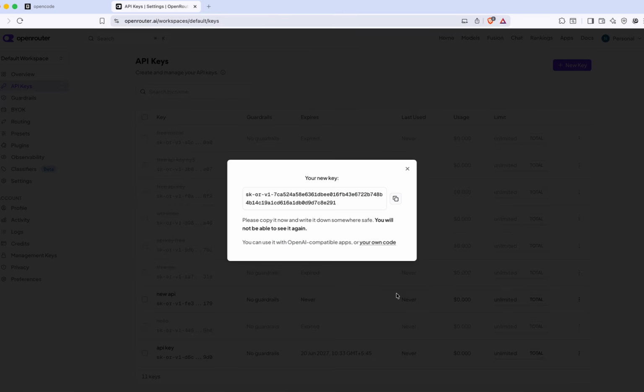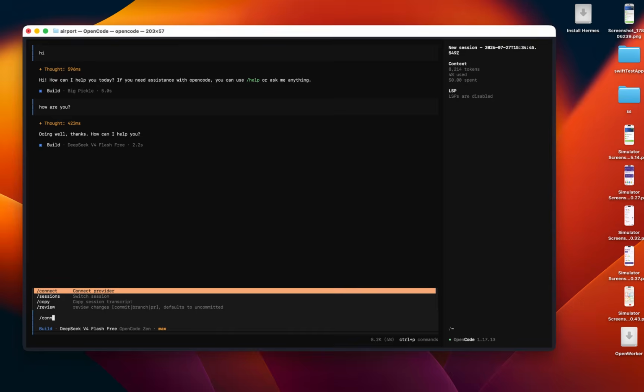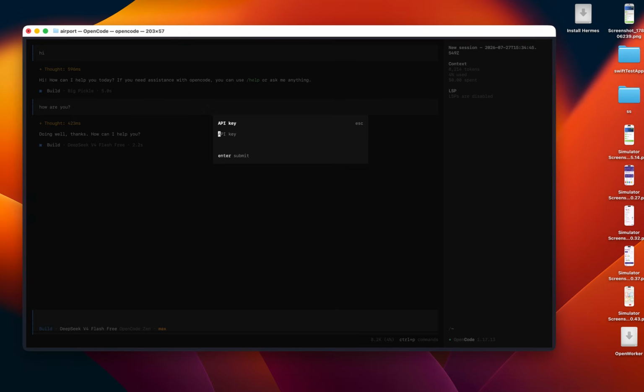I'm going to select 1 hour only for tutorial purposes. Don't share your API key with anyone. My API key will expire in 1 hour, and the API key will be shown here only once. You will not be able to see it again, but the best part is you can easily create as many API keys as you want. Copy it from here, get back to OpenCode, again press /connect, search for OpenRouter, press enter,